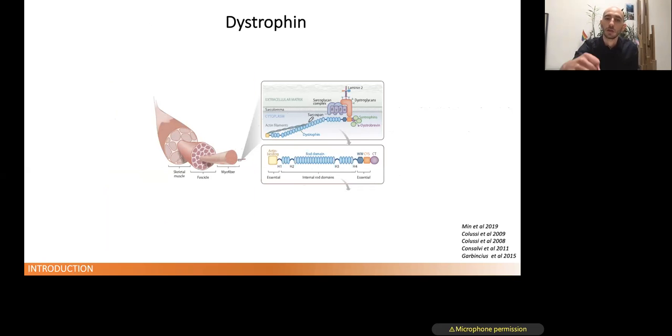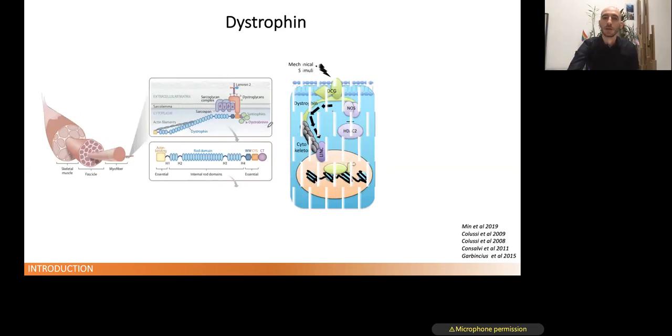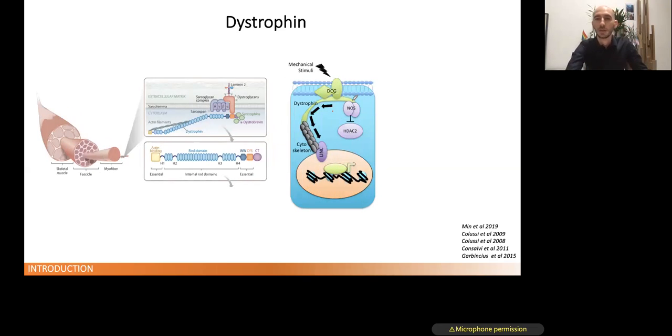So the continuous contraction of the muscle fiber will not destroy the cells. But it also has additional functions that are important